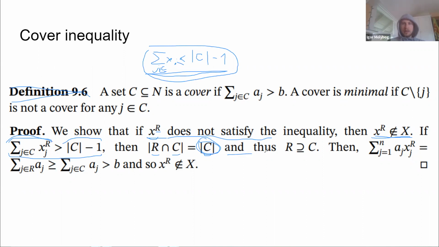And thus we conclude that C is in fact a subset of R. In this case,